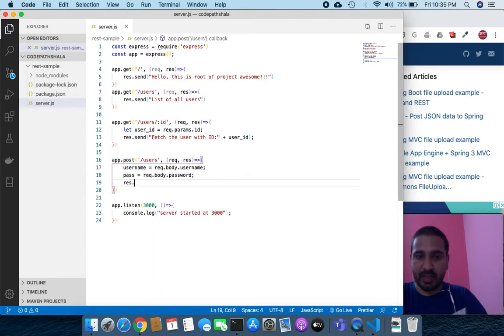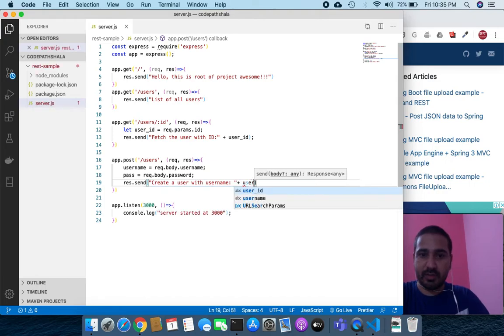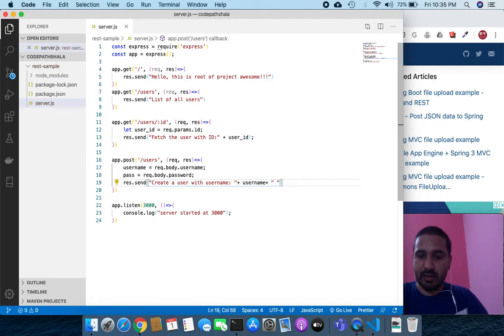And in actual sense, we are going to insert this query in a table, so we can write create a user with username that is equal to username and password is equal to pass.